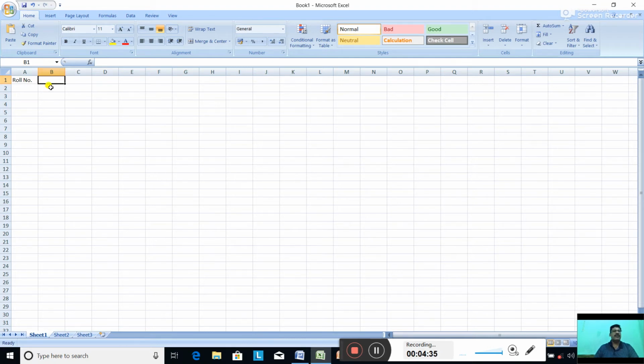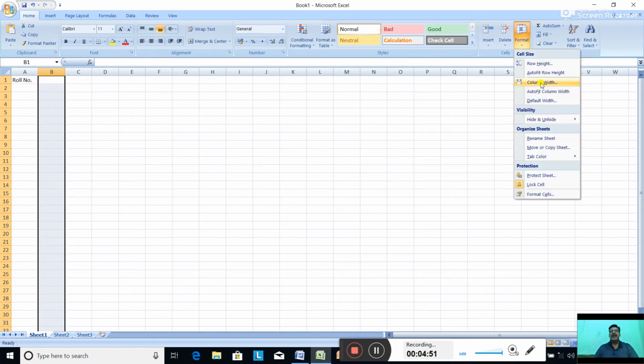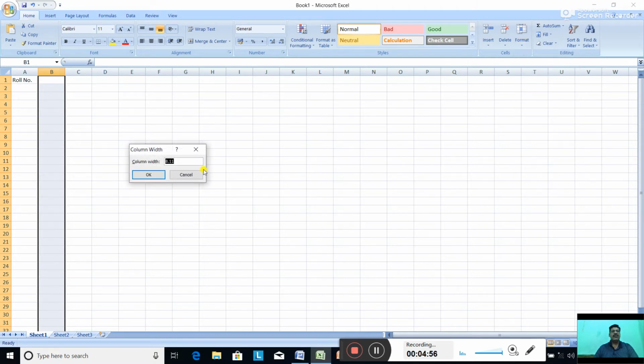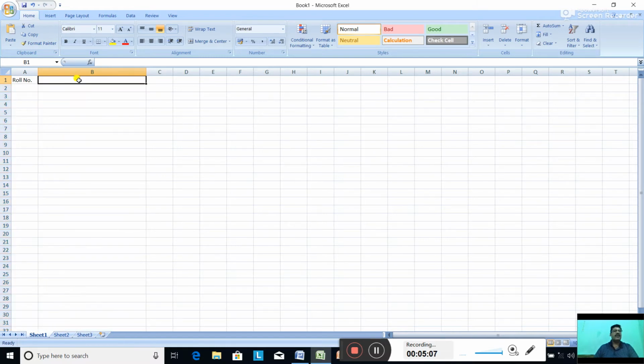So what we can do, we can select column B and increase the size. First you select the column and click on format. The next option is column width. Click on column width. It is now 8.11. Suppose I want 35. So I wrote here 35. Click on OK. So now the column size is increased.